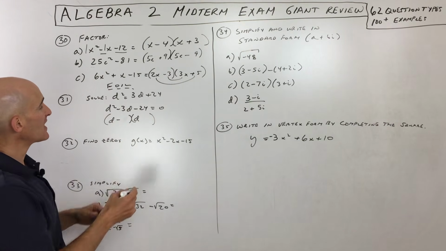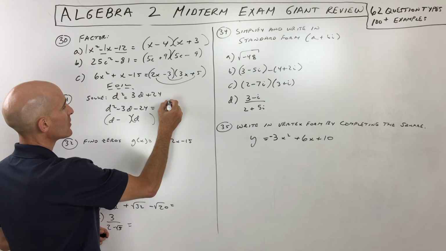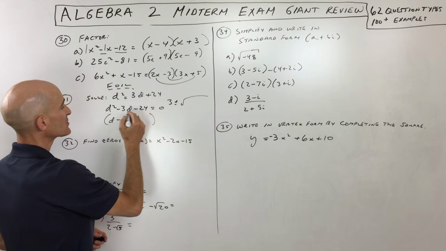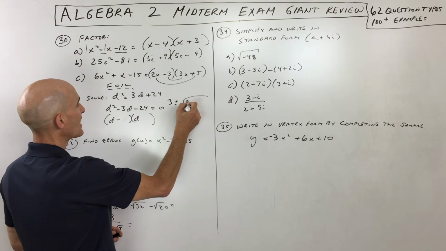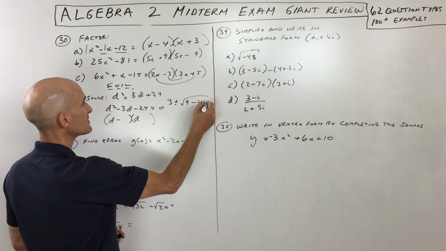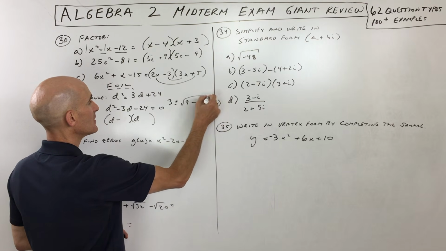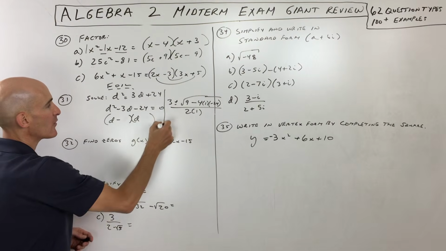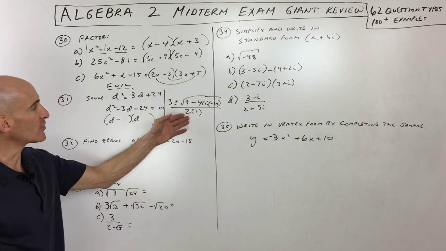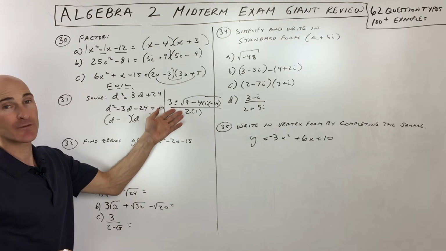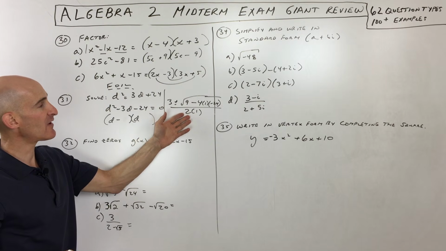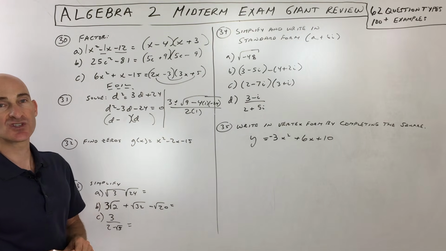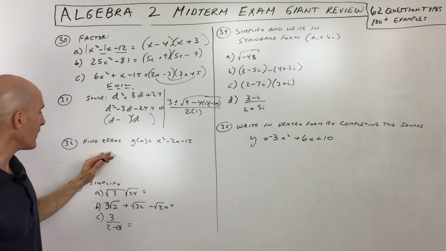So I've got everything on one side. I would do the quadratic formula, so I would do negative b, which is going to give us positive 3, plus or minus the square root of b squared, which is 9, minus 4 times a times c, all divided by 2 times a. When I was creating this problem originally, I was intending for this to work out using factoring. But if it doesn't, that's what the quadratic formula is there for. You can simplify this to get the solutions to this problem. I'll let you do that one.